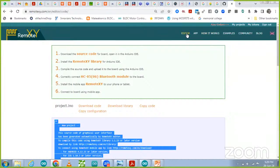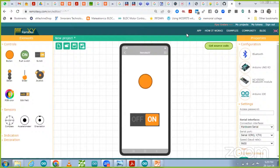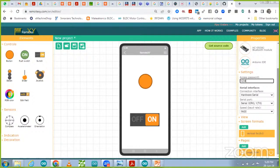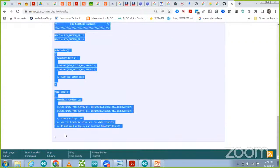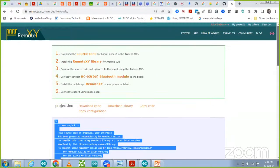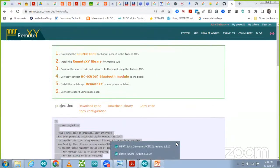Go to the editor, and in the editor you can see the access password. This password we can set up; I'm just going to set the password 1234, and then again we have to generate the source code. This code we have to upload to the Arduino, then this password will get updated over there. So this code we have to copy, so that whatever changes we are doing can be reflected in the mobile app. Copy this code and paste it in the Arduino,